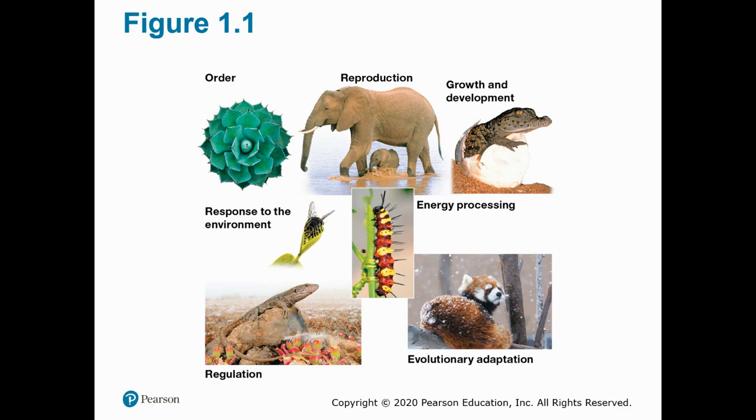And obviously, reproduction, right? We reproduce, we make more of us. Rocks fall apart, right? You can make two rocks out of one rock, but the two rocks are going to be smaller than the one rock, right? So the difference between us and a rock is we reproduce a new organism that's just like us. It grows, it develops. The way it does that, it eats. Another word for eating is energy processing.